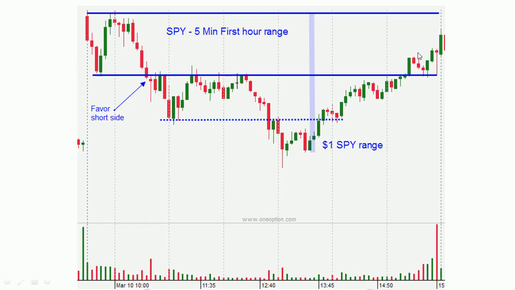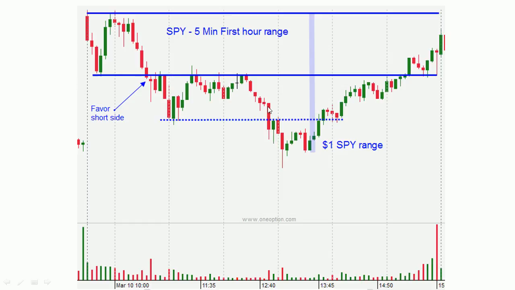It's a chart of the entire day for the SPY. And here you can see how the market opens up. There's the first hour range highlighted in blue. And on this particular day, the market did break below that first hour range. That's a good sign for trading because we know that we're going to have some opportunities to try the short side. So as soon as the market falls below that first hour low, then we know we should favor the